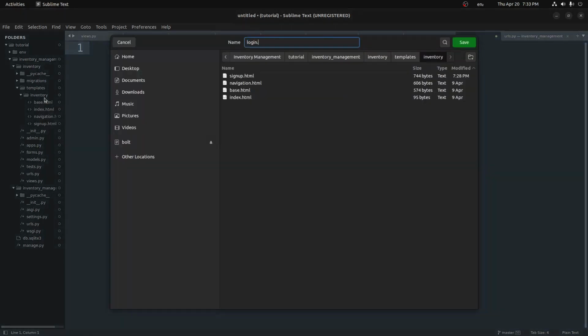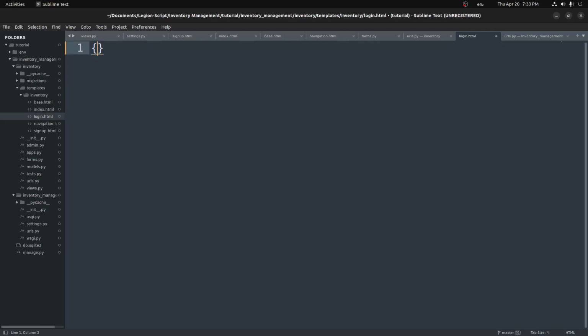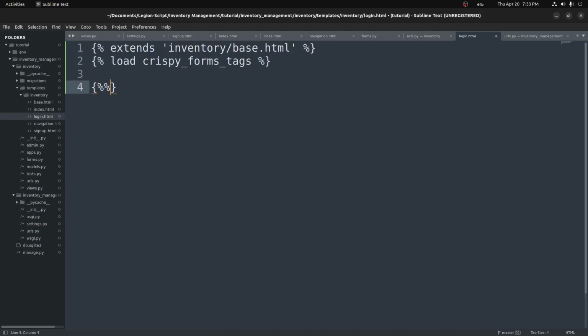We'll save this as login.html, and this one we'll add in extends inventory slash base.html, and I'll extend our base template. Once again, we want to go ahead and load in our Crispy forms because we'll have a login form here. Load crispy_forms_tags, and then we'll go create our content block here. So do block contents, in block contents,